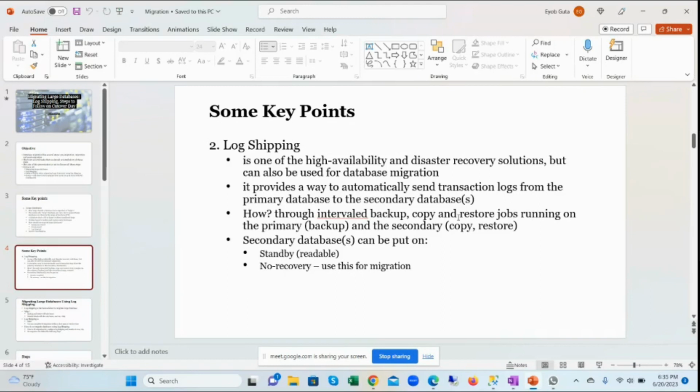On the primary, the default log backup is every 15 minutes. We take a log backup, and every 15 minutes that log backup is copied. On the secondary there will basically be two jobs. One is a copy job and the other one is